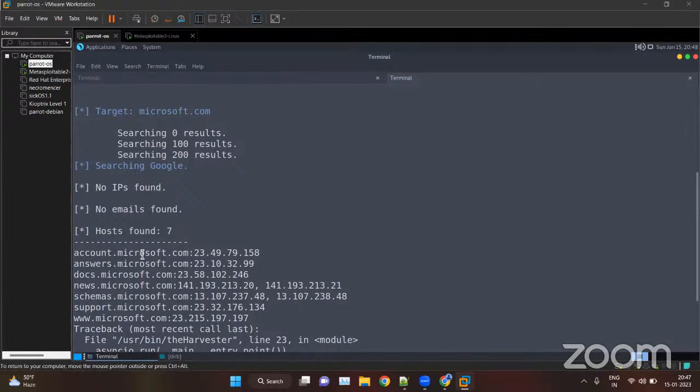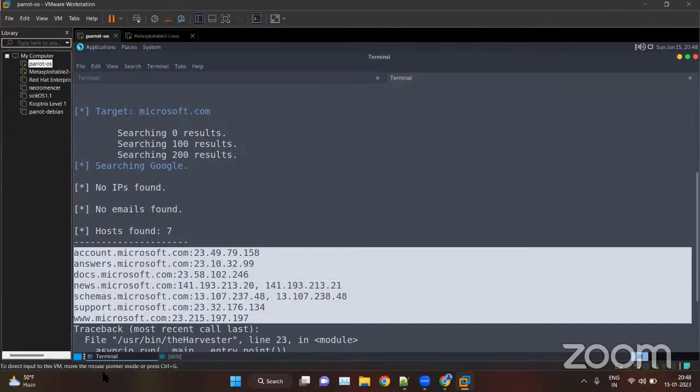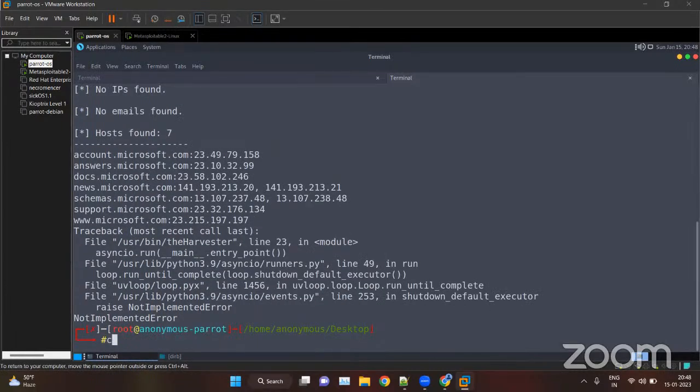These are the subdomains of Microsoft. We have this domain IP address, we have this domain IP address, etc. So we have this information. Now next we have